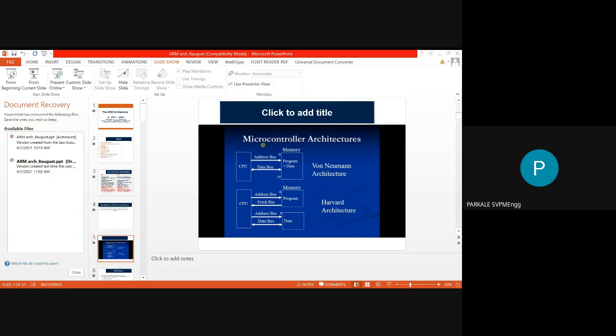Now ARM was founded in November 1990, spun out of Acorn Computer. The first name of this company was Acorn Computer, and right now it is called ARM. Now, what are the basic products of ARM that you have to see? ARM designs the ARM range of RISC processor cores. Just see, this is very important: the ARM company just designs the RISC processor core. It designs the architecture or the core of your processor.